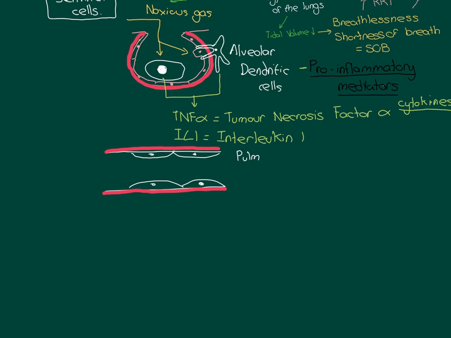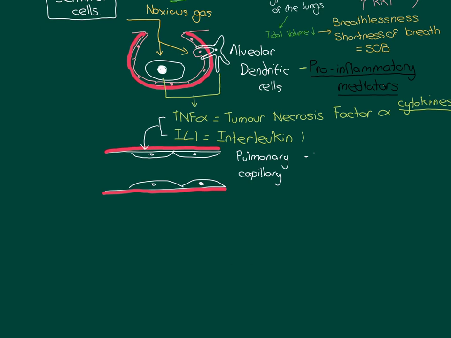So what will now happen is my pro-inflammatory cytokines here, tumour necrosis factor alpha and interleukin 1, they'll diffuse over to the endothelial cells here. Both of these will come to the endothelial cells, and they will change the behaviour of the endothelial cells. And what is the change in behaviour that they're going to induce? Well, the behaviour that they're going to produce in these endothelial cells is 1, endothelial cell contraction, and 2, recruitment of white blood cells. So let me go over those two things.